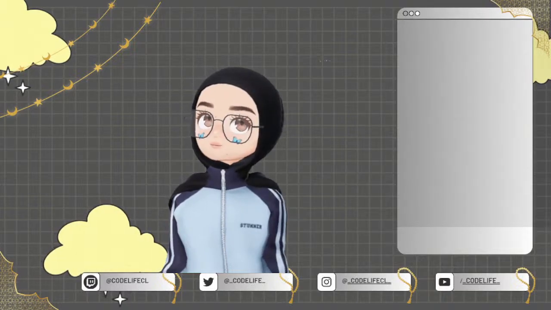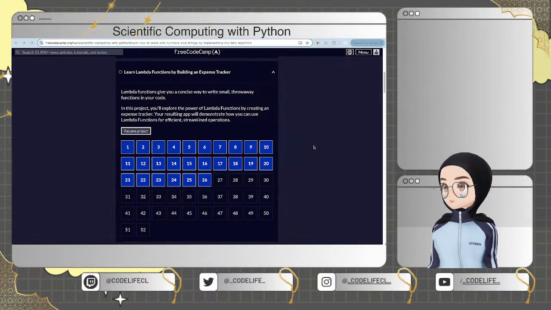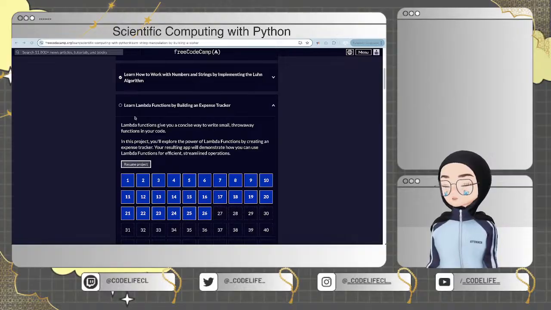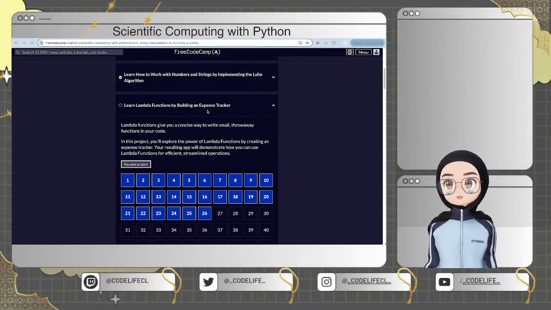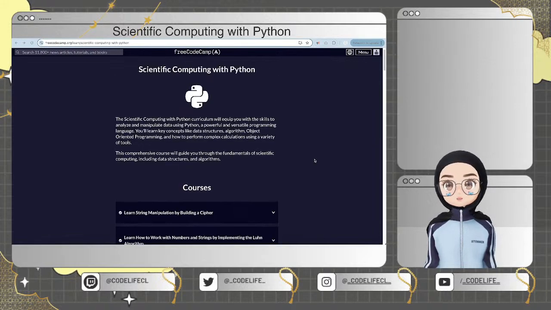Yeah, that was mostly it for today. Let's double check where we are. We did half of Learn Lambda Functions by Building an Expense Tracker. It is the third part in the Scientific Computing with Python, and honestly,